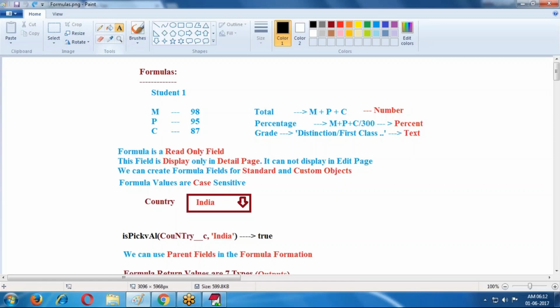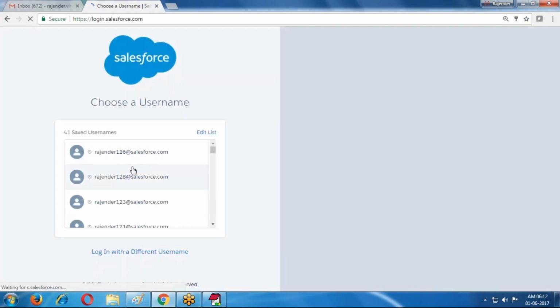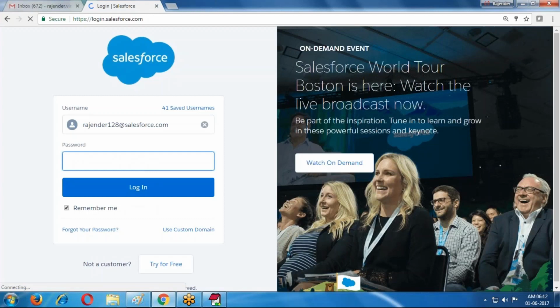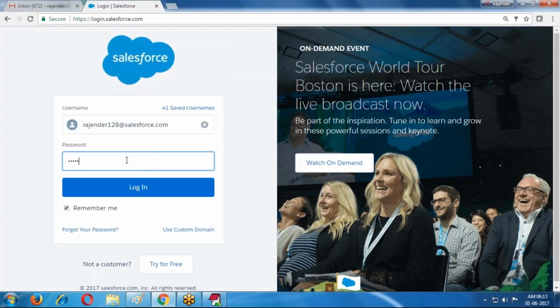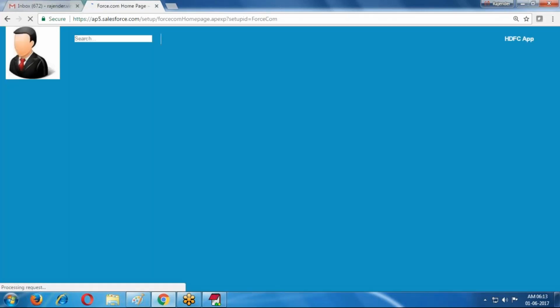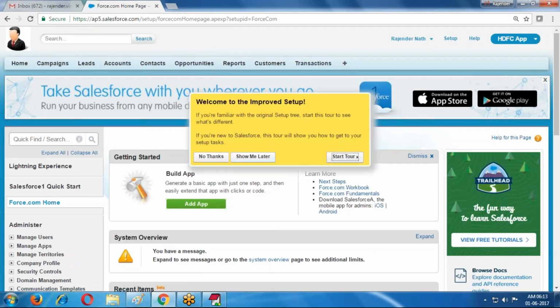So today I'm discussing formulas. I'm creating one object here.